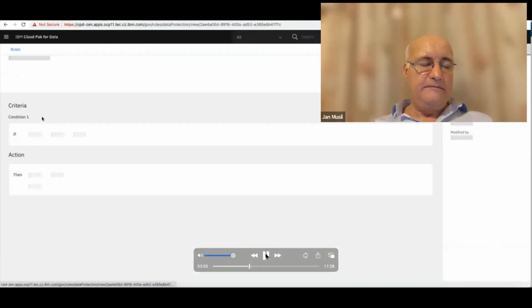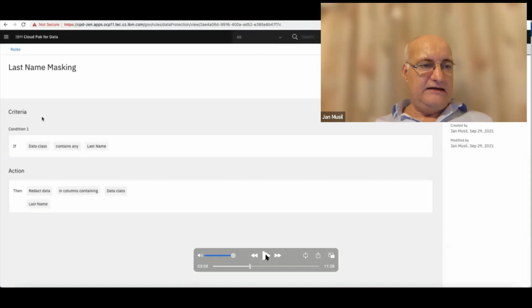Here is the rule where I specify that if data class contains last name, the action is that I need to redact the data in columns which contain data class last name. So I'm using redaction here. There is also the possibility of masking to have a masked value, but similar to the original value. But in this case, it's enough to redact data. So this rule is done. So if this rule is applied in my catalog,